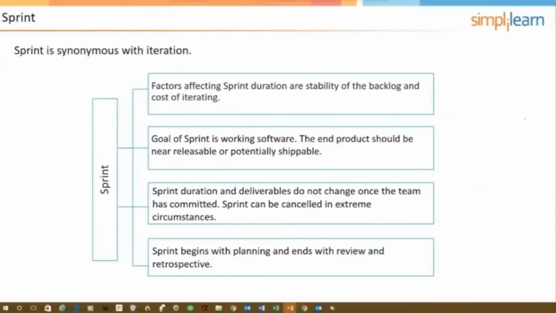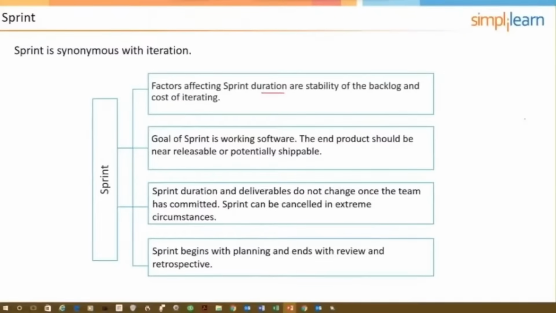So the team is going to have to decide how long each of the sprints are going to be, and things that are a factor include the stability of the product backlog. If the product backlog is changing a great deal, then that's going to argue for shorter durations. Because there's a high level of uncertainty,